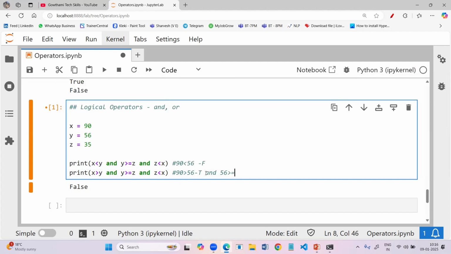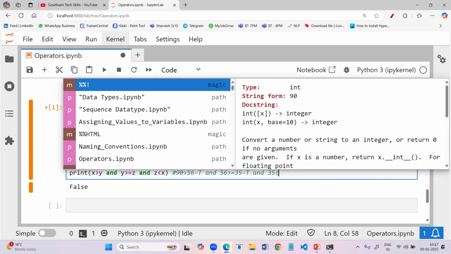56 greater than or equal to Z value is 35. So here also the condition returns true. The reason is the left side value is greater compared to the right value, and it is not satisfying the equal to. Although it is satisfying the one condition, so it returns true for us. And the AND operator elaborates this condition.